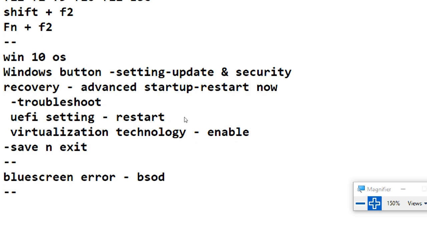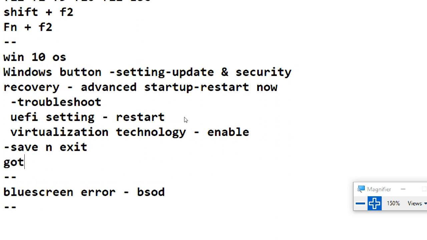Once you get into Windows 10, verify again in Task Manager. Go to performance, CPU, and verify whether virtualization is enabled or not.